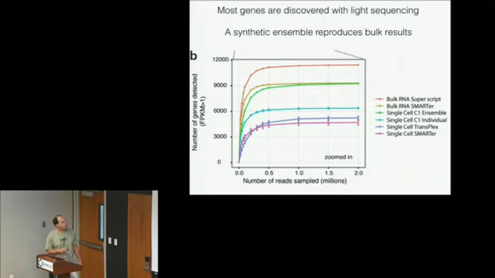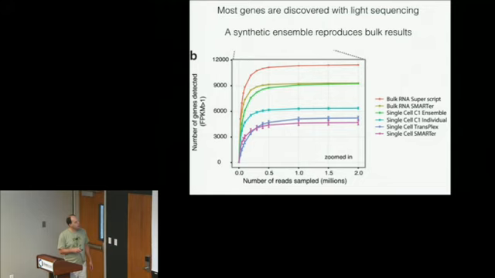These are the bulk measurements right here, the red and the yellow. So you can see that the 2 different ways we used to prepare bulk samples give you different numbers of genes. So it's an interesting thing to keep in the back of your mind, that there are systematic things that come out of the particular enzymatic scheme you use to make and amplify cDNA. This orange one is the one that corresponded to the method we use for